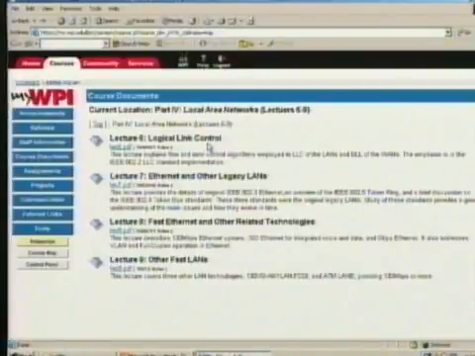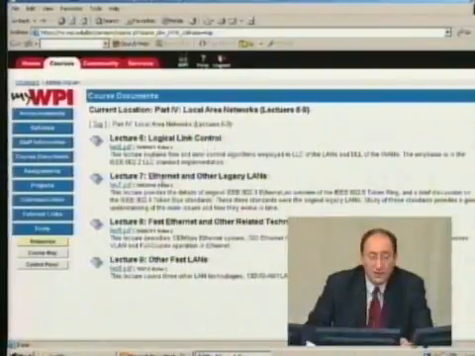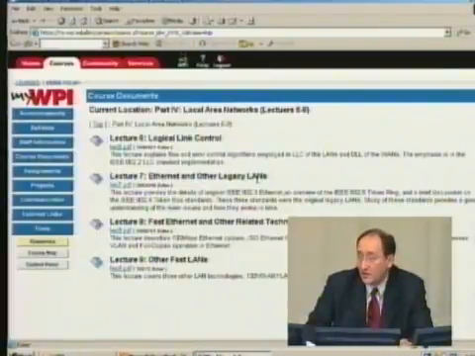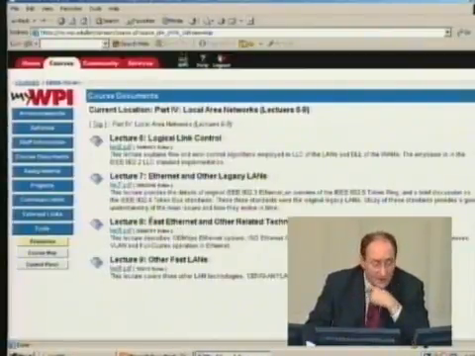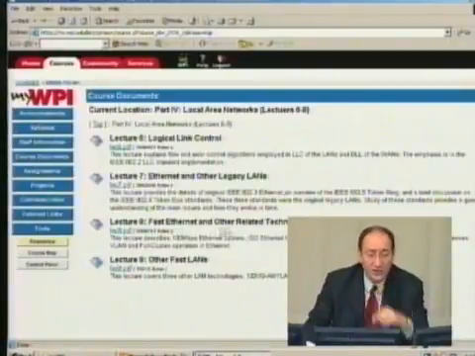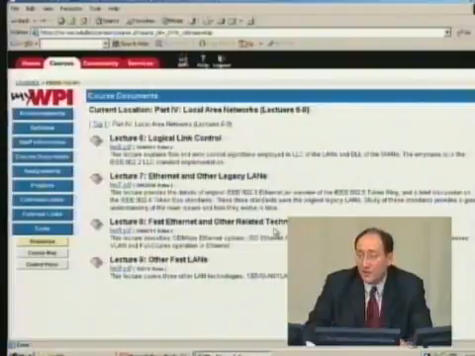That was one lecture, very short lecture. Then we talked about Ethernet and other legacy LANs, which is 802.3, 802.4, and 802.5. And then we went over lecture 8, which was the so-called fast Ethernet and other related technologies. These are the technologies which evolved after the big success of Ethernet